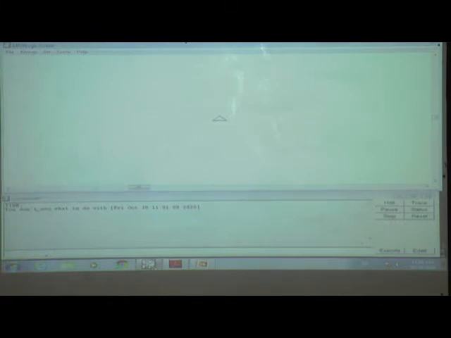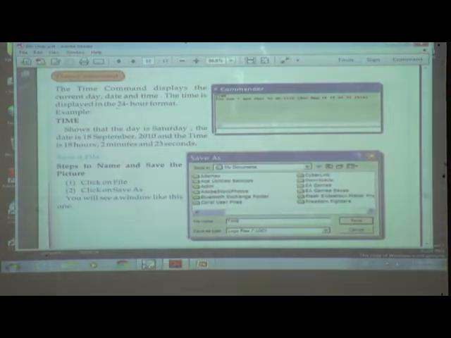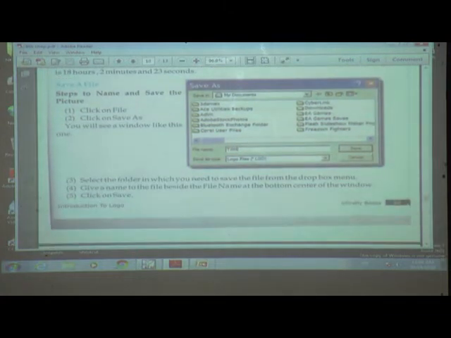We will see the steps. How to save the file? Firstly click on the file, then click on save as, and you will see this type of window. Then select the folder in which you need to save the file from the dropdown menu.